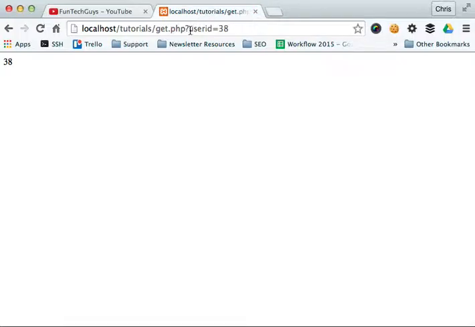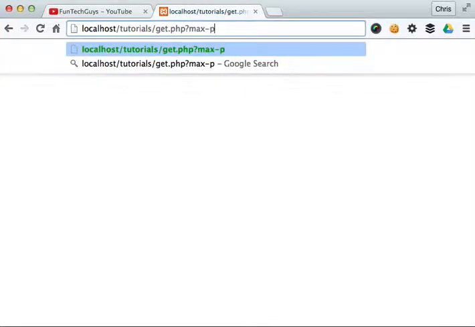So what we would do is question mark, our variable name. I'm just going to do max-price equals, and then we said 10, so max price, ampersand. What we're doing here is passing in another parameter, another variable, sorry. We're saying we're finished with this variable, now we're passing in something else, and we're going to do max,